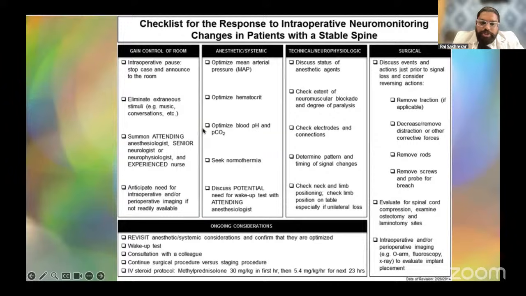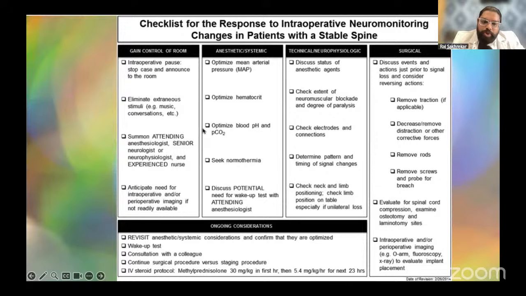Continue the surgical procedure versus staging the procedure. That's again another important factor. If you're getting the IONM loss, and even after following the checklist it's not improving, I personally feel to stage the procedure. I close the wound, go and discuss with the patient and the relatives that we have not gone ahead with the procedure, that we have lost the signals. But some surgeons feel confident that there is no intraoperative screw impingement or cord impingement, and the patient will not have any adverse effect. They go ahead with the surgery. It all comes with the experience and